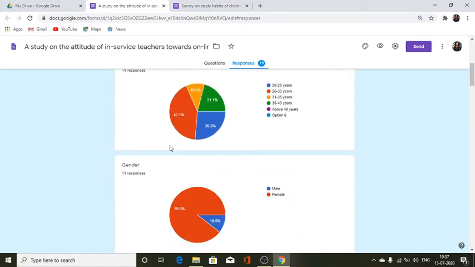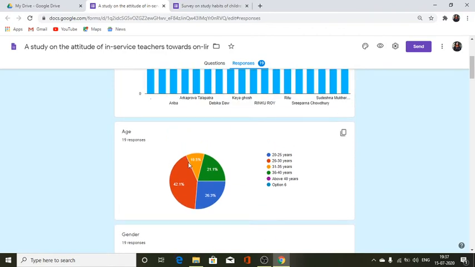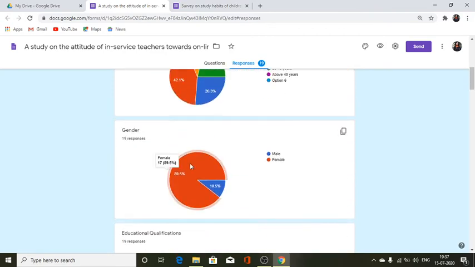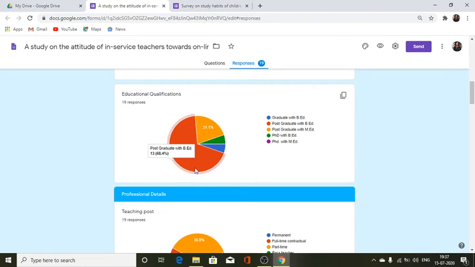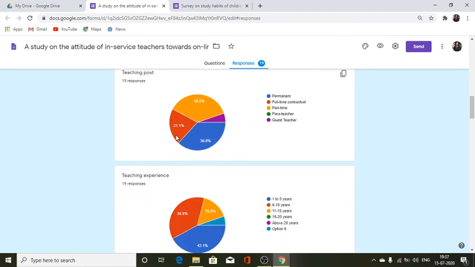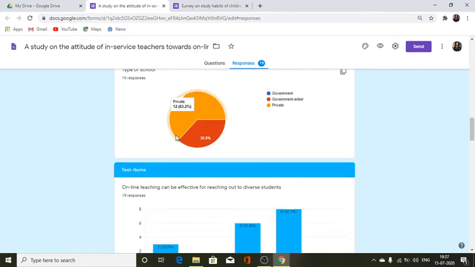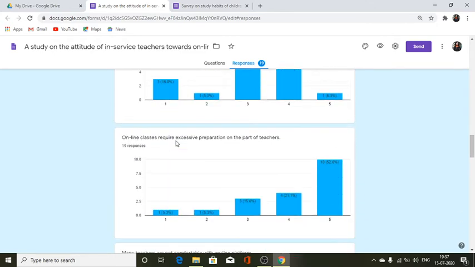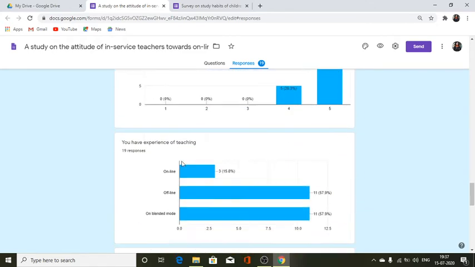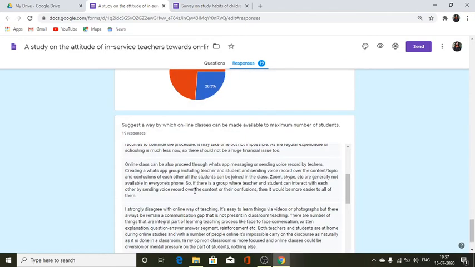It's given, and with the pie charts, the age, and the gender. We have mostly female. Then we have the educational qualifications, the teaching posts. As per each of my test items, I have got a graphical representation over here. Right now,